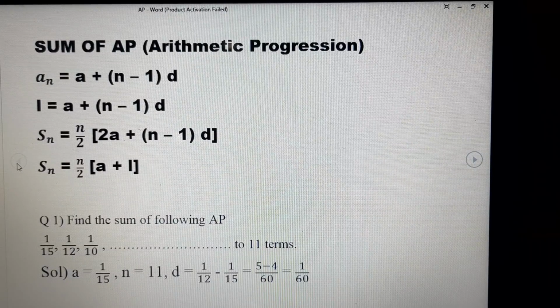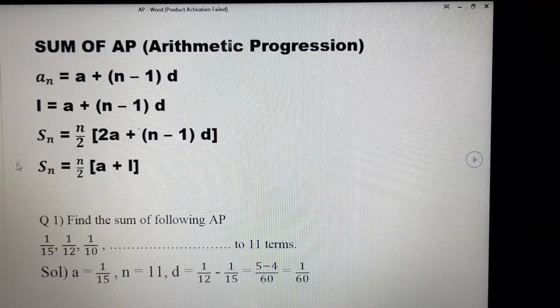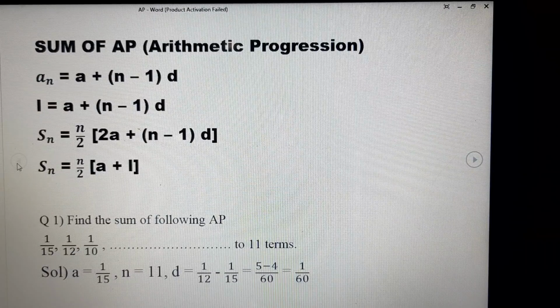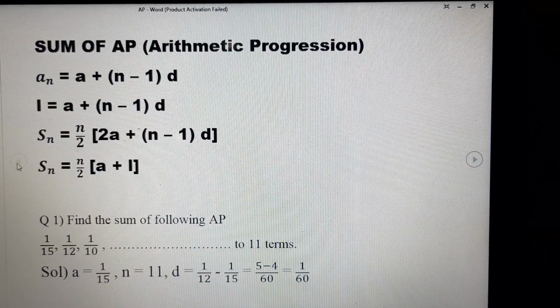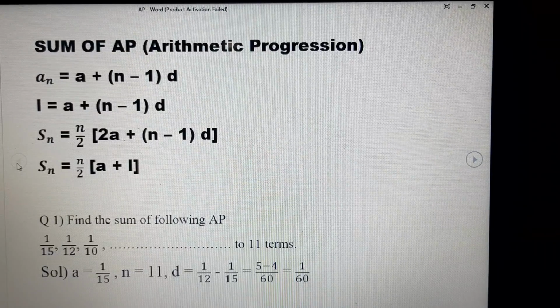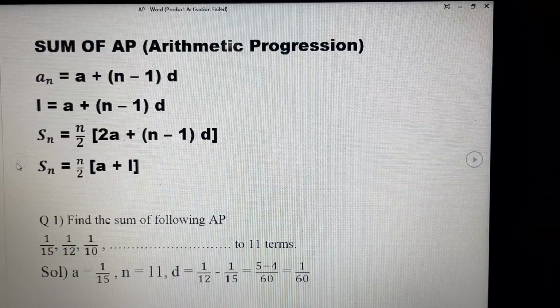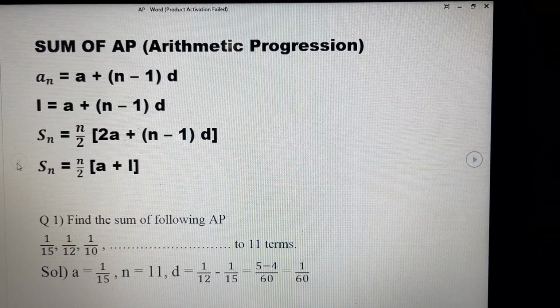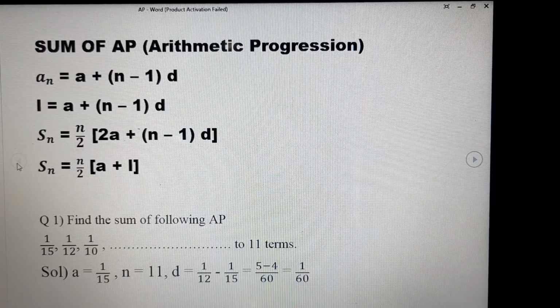It is just like skip counting, which you have done in lower classes, like skip 10. So 10, 20, 30, 40. A proper, uniform gap of 10, 10, 10, or a uniform gap of 5, 5, 5. Are you getting it? This kind of series is known as arithmetic progression.